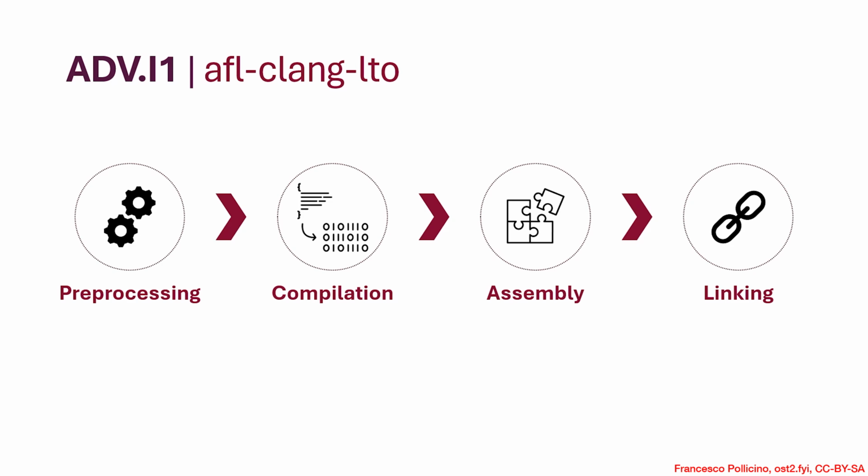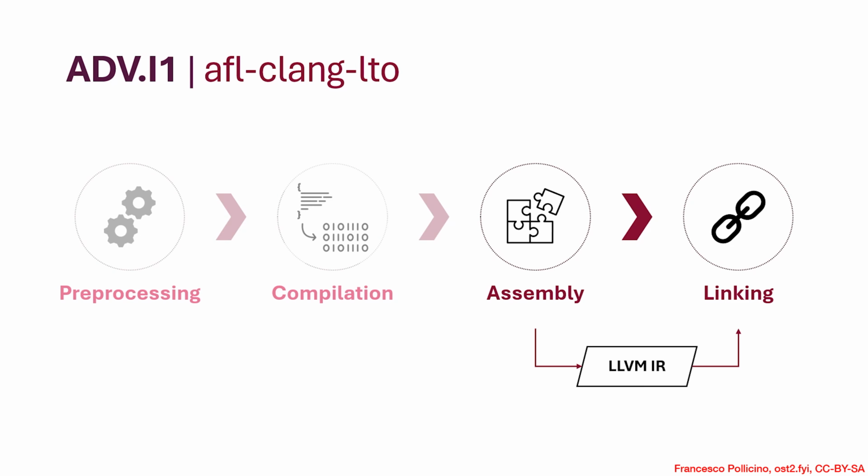Finally, the linker takes one or more object files generated by the assembler and combines them into a single executable. It resolves the references to functions and variables, ensuring that function calls and variables in different files or libraries point to the correct memory addresses. The linker might link to external libraries, for example, the standard libraries like libstdc++, and the final result is an executable file like an ELF file for Linux.